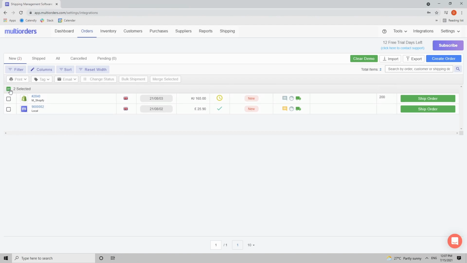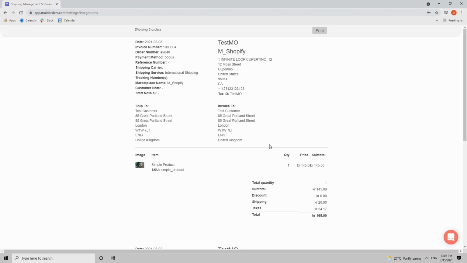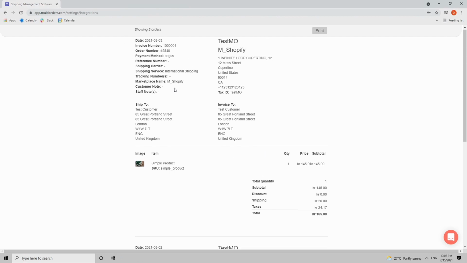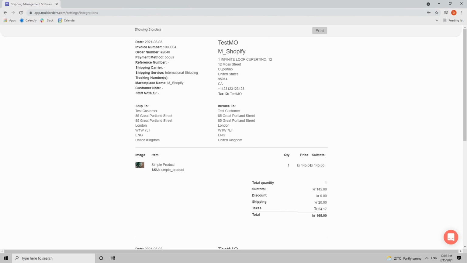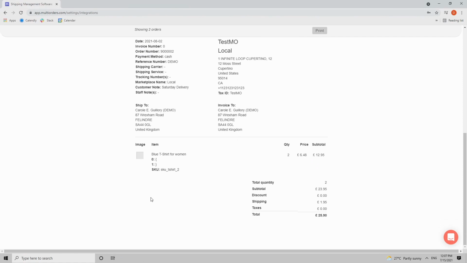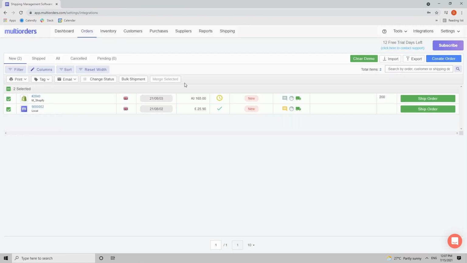To give you a quick example, if you select your orders, press print and choose the standard invoice, it will generate a couple of PDFs with the information that we currently have. This is the Shopify order that you can see, and it shows the tax information, and this is the local test order that we have, which has zero tax information. So in some cases, we wouldn't be able to see tax info, and to that end, we use the tax